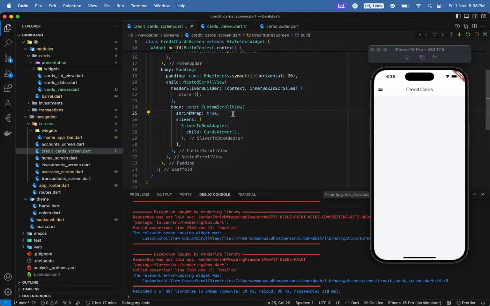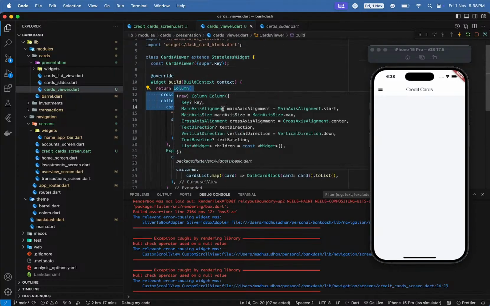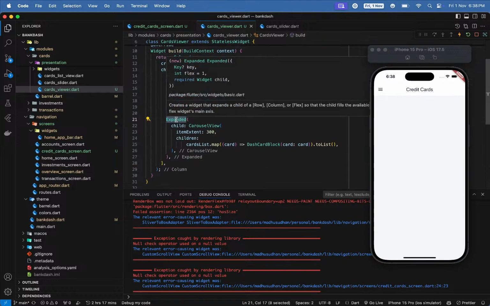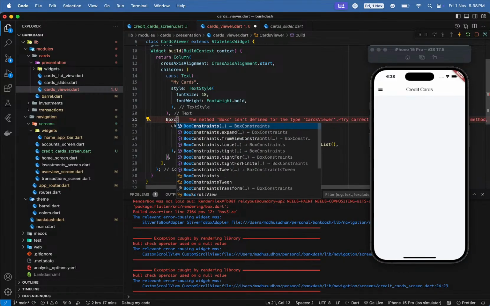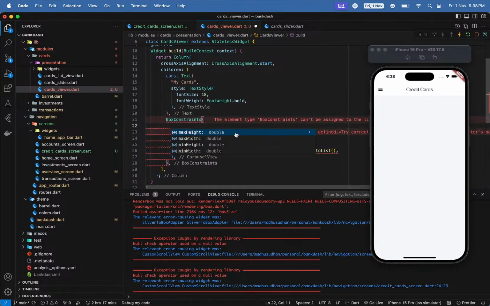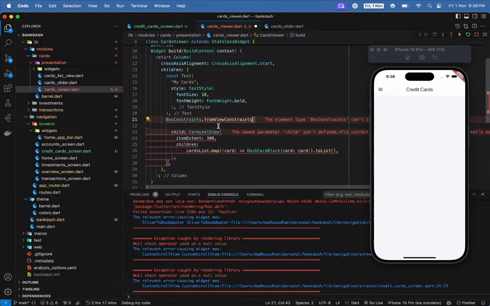Even then you are not able to fix it, because the custom scroll view can go to any length vertically, and the column also does not restrict with any bounds. So this is bound to happen. So what I'll do is add a box constraint, and with the box constraint itself you use this carousel view, so from view constraints,